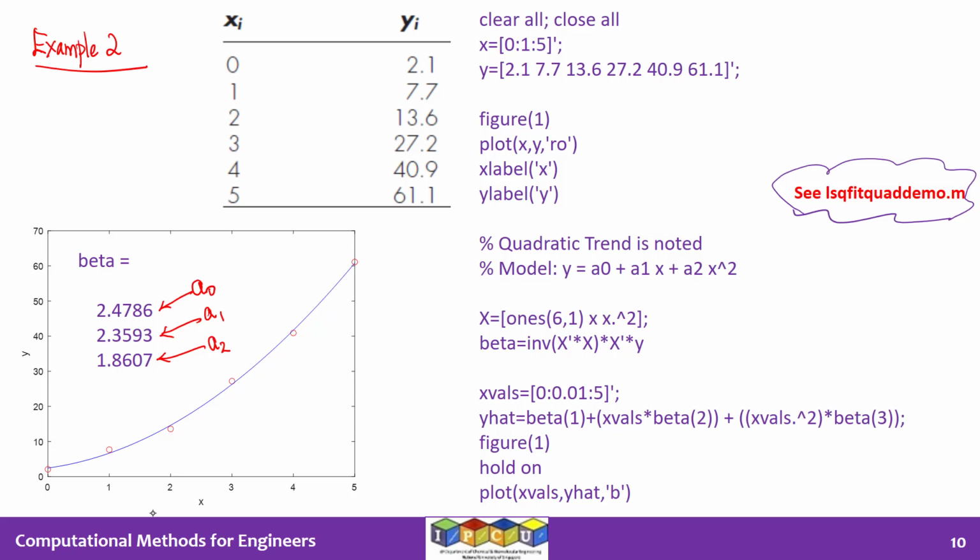In this video presentation, I want to consider the same data set that we considered earlier for case study 2. The data set is given here, and we observed that the data showed a quadratic trend. In the previous video, I demonstrated how we could use the formula that we developed for least squares parameter estimates to come up with the constants A0, A1, and A2 using this kind of a command. And I also commented that we would be able to get the same results using the polyfit command in MATLAB.